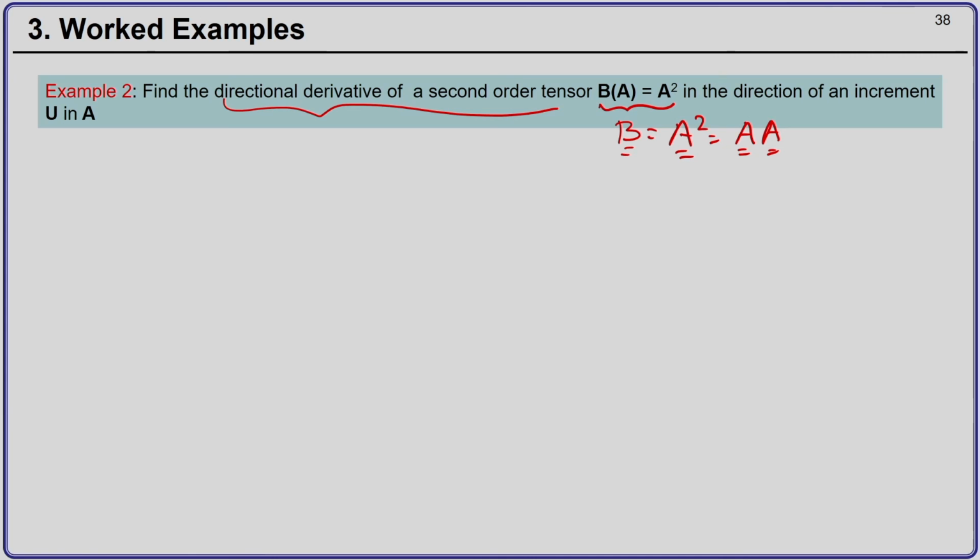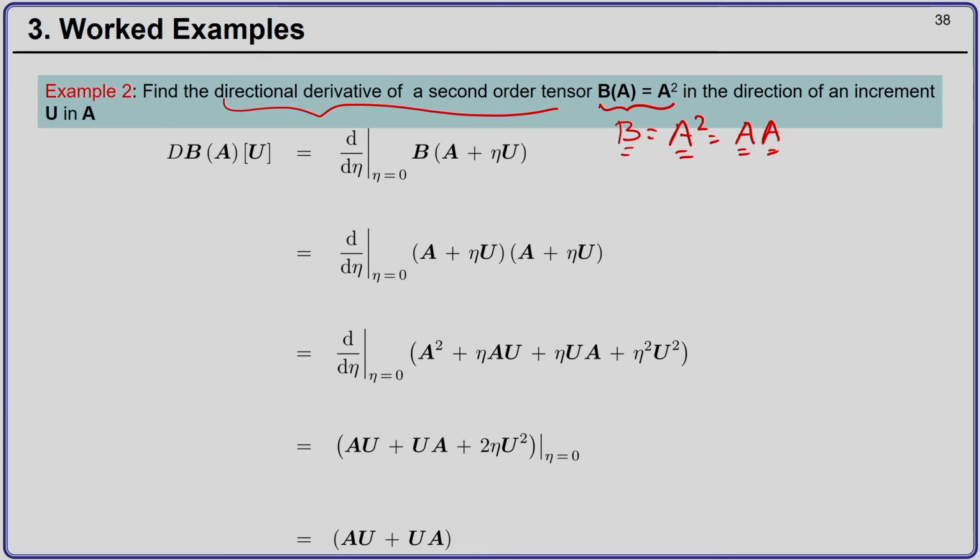What it means is, suppose I change A, the second order tensor, from A to A plus u. So, because B depends on A, therefore, there must be some change in the value of B, because I have changed A itself. So, what will be that change in the value of B at A in the direction of u? To do that we have to take the directional derivative, and from the concept of directional derivative,